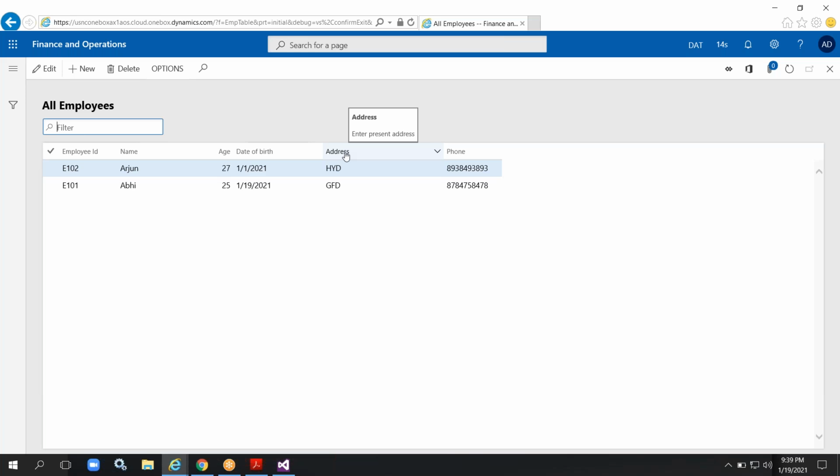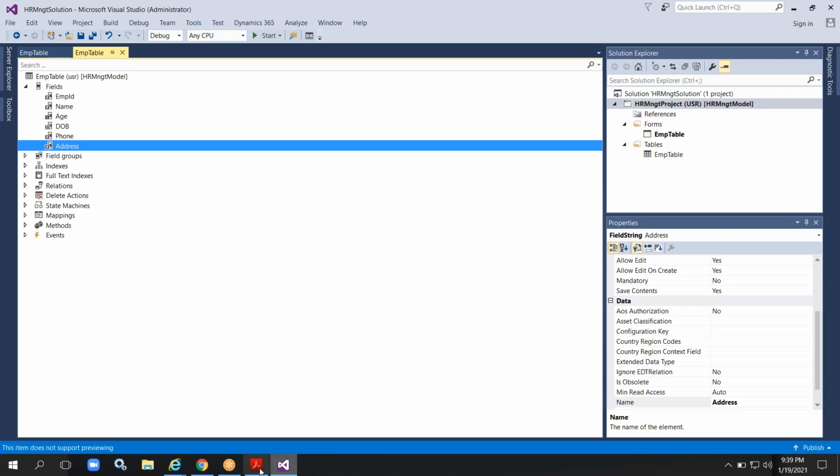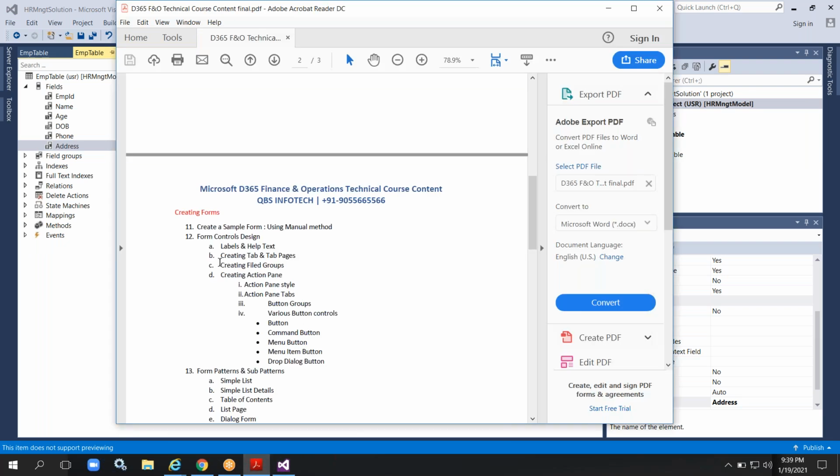So here, when the end user places the cursor, they can automatically understand, okay, I need to type the present address only. So these are some clarifications for the end users. That is called label and help text. Let me stop the debugging here. That is called label and help text